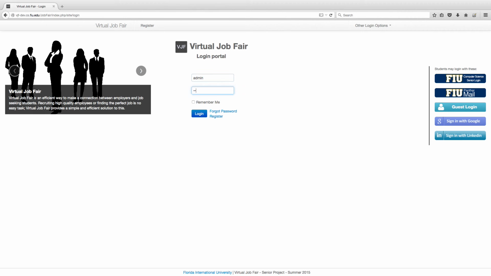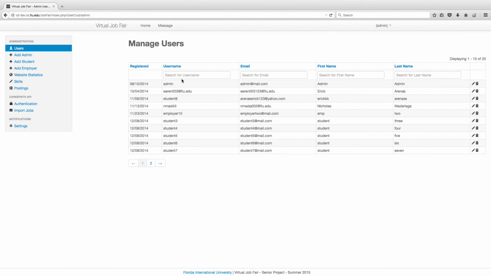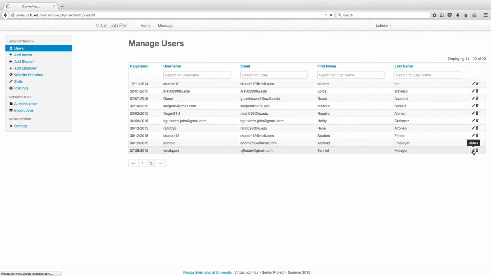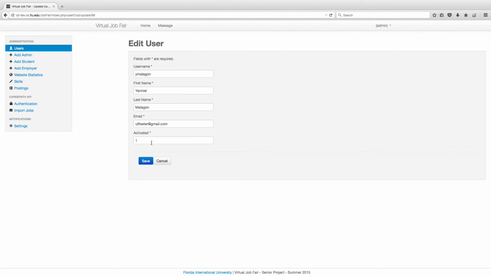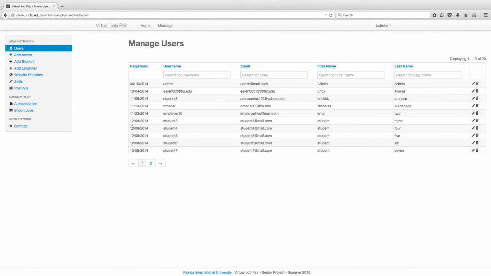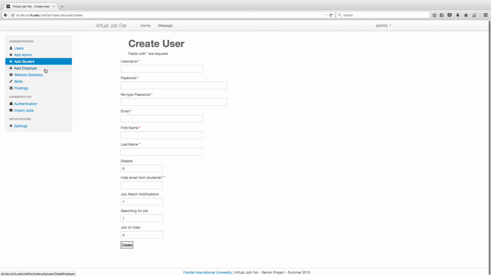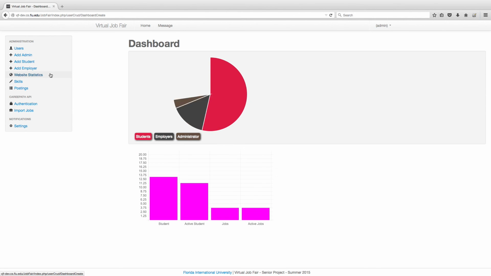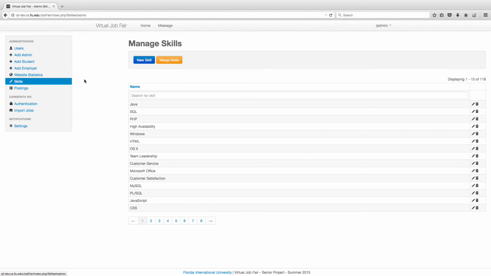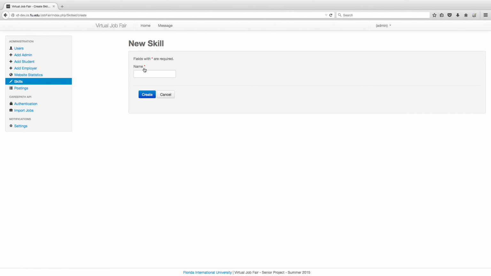We can also log in as an admin. And the admin has a list of all the students. The admin can edit the students. The admin can activate, deactivate the students. The admin can create a new admin, can create a new student, a new employer, can see web statistics, can manage the skills on the website, can create new skills,